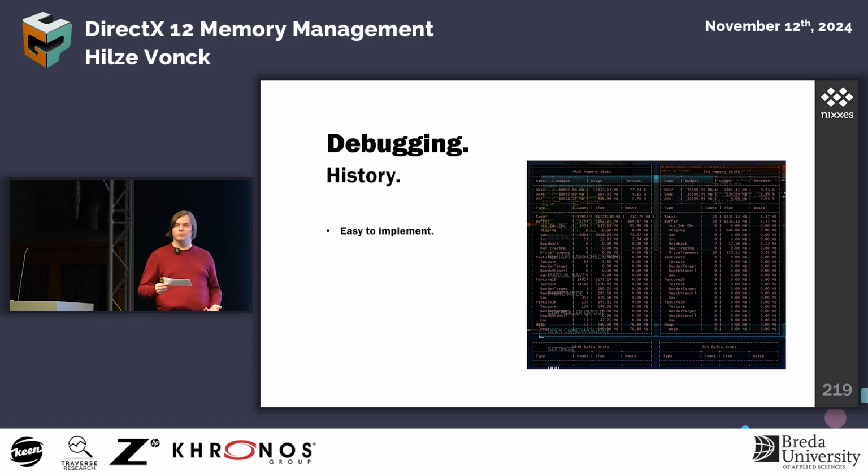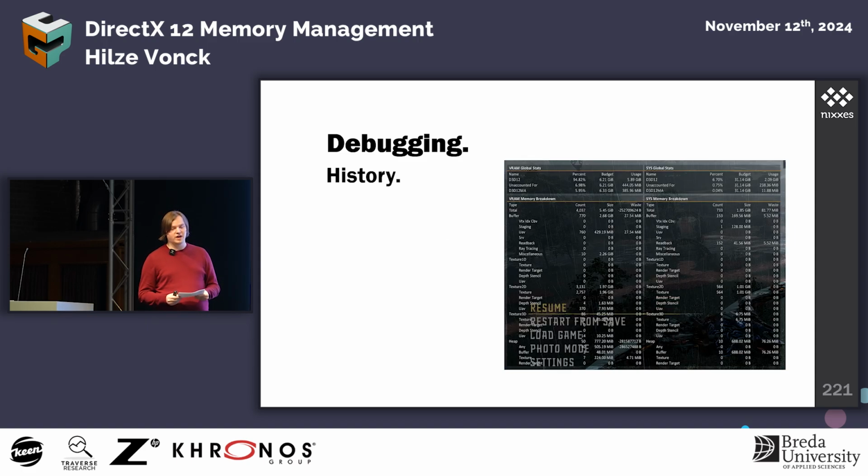I did this because it was very easy to implement, since I could just reuse some already existing infrastructure inside of the engine I was working on at the time. This allowed me to focus on developing the library, while still being able to convey all the information that I had to. As NX 12 grew, however, it became more and more difficult to maintain all of these textual interfaces,